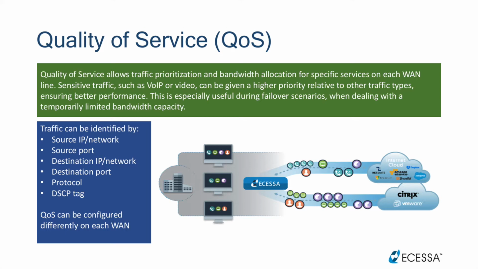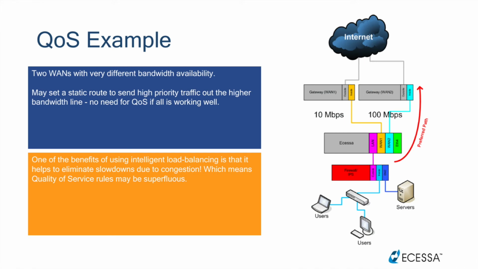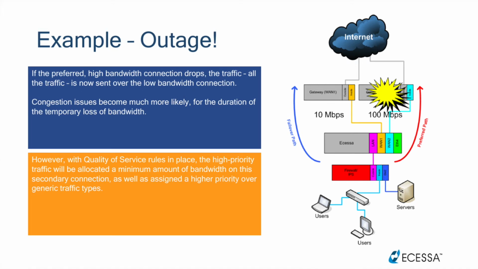As a few examples, perhaps you have two internet connections configured, one being fairly high throughput and one being fairly low throughput. Under normal operation, you may have plenty of bandwidth while utilizing that high throughput connection. However, if the high throughput connection goes down and you're temporarily left with only the low throughput connection, you may want to prioritize certain critical types of traffic to help ride out that outage until full service is restored.